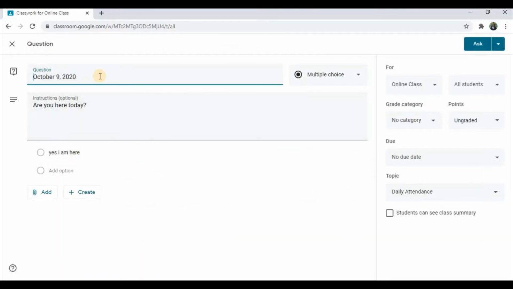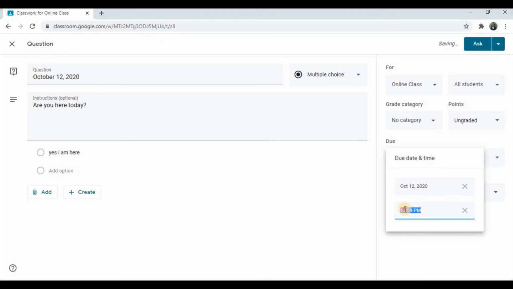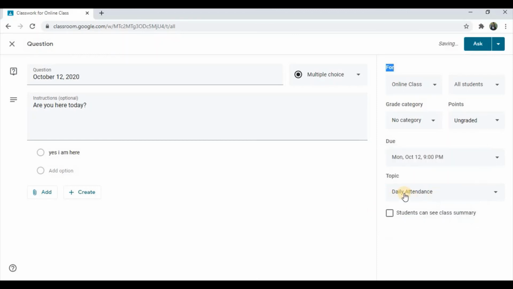Okay, once that pops up, again we change the date, so I will move this to the following week, and again no category, ungraded, the date is selected, so it's October 12th, and then the cutoff time would be 9 p.m. and it's under the heading daily attendance. Once that has been completed,